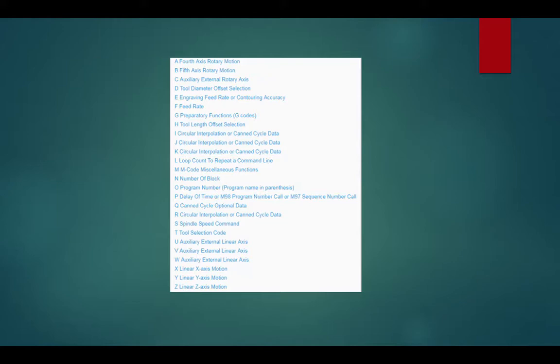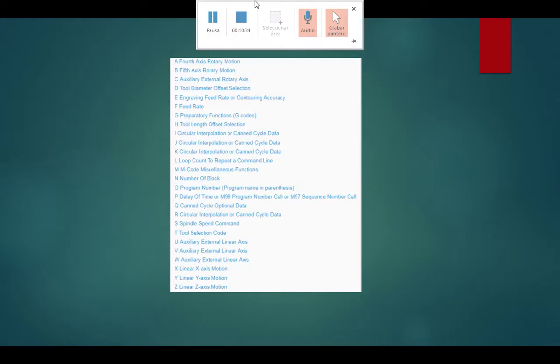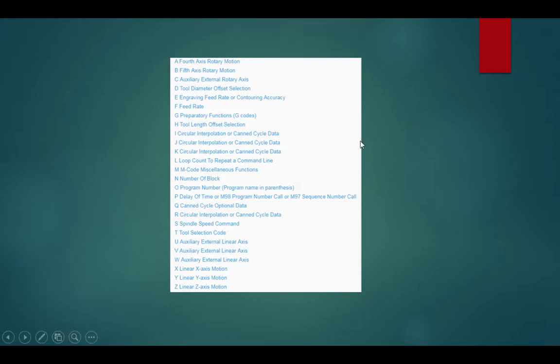The B address character is used to specify motion for the optional fifth B axis. It specifies an angle in degrees for the rotary axis. And the next letter is the letter D, tool diameter,